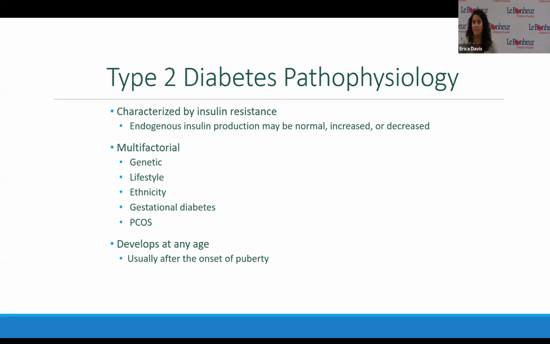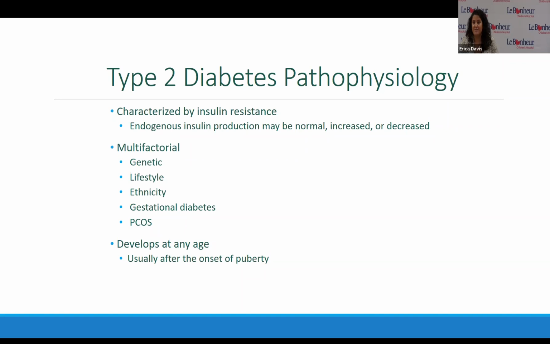Another thing that can often lead to a type 2 diabetes diagnosis is polycystic ovarian syndrome. That is a female issue, of course, and we have a bunch of cysts on our ovaries, and what that does is that actually causes insulin resistance, which is the big thing with type 2. So we know that that is going to increase our risk as well.